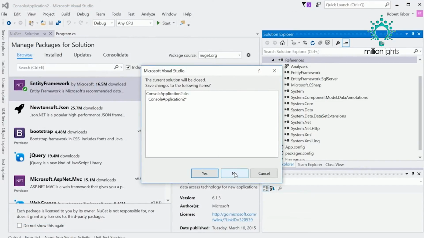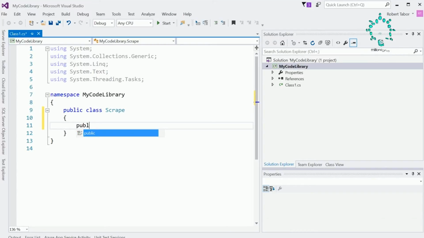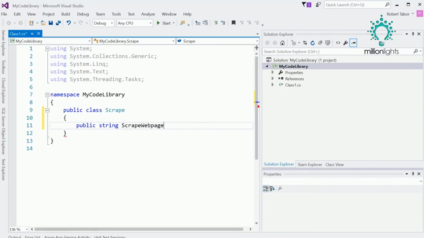And I'm going to go ahead and say I don't really care to save my other solution there. All right, and so inside of this you can see that I don't have a Program.cs. All I have is a Class1.cs. There's no static void Main. And so what I'll call this is the Scrape class, and we'll have one public method. So public string ScrapeWebPage, and we'll create a version of this where you provide it just the URL,